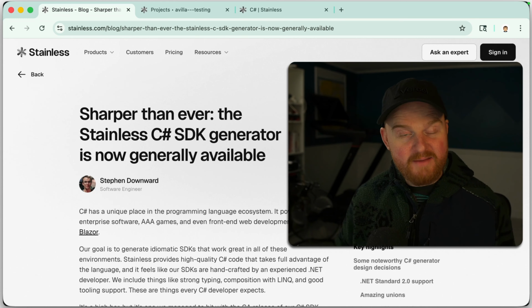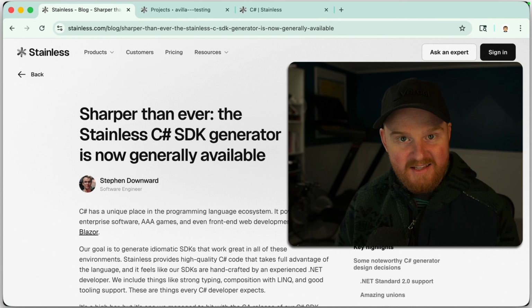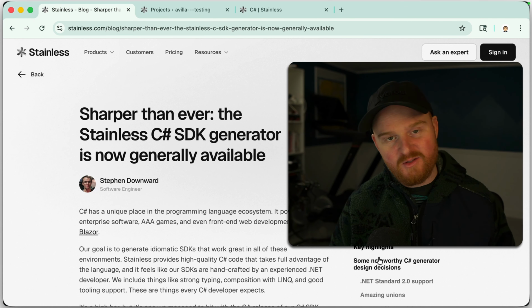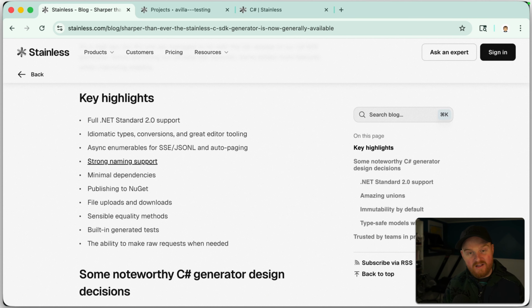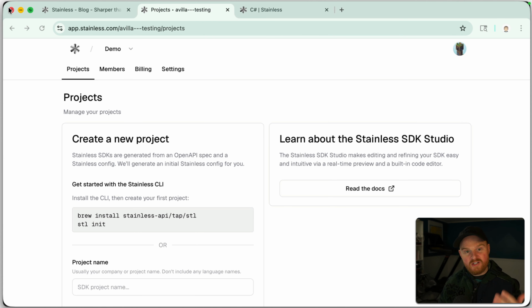You can now generate production grade C# SDKs from your OpenAPI spec using Stainless. C# devs have high expectations. They want those strong types. They want LINQ composition. They want great tooling. First, we'll spin up an example SDK with Stainless, and I'll show you just how easy it is to get